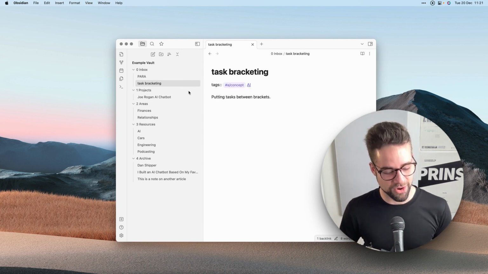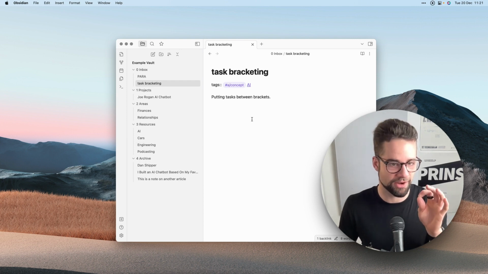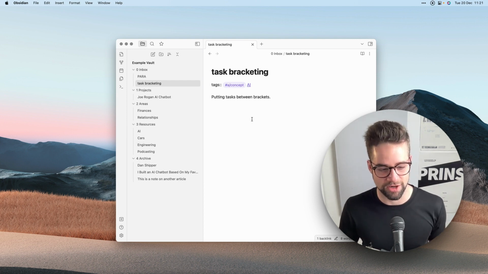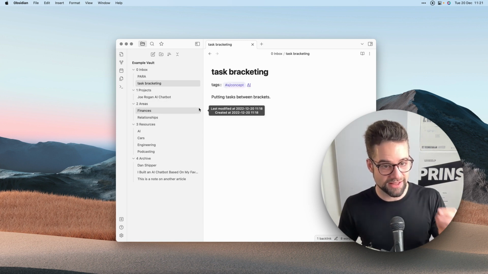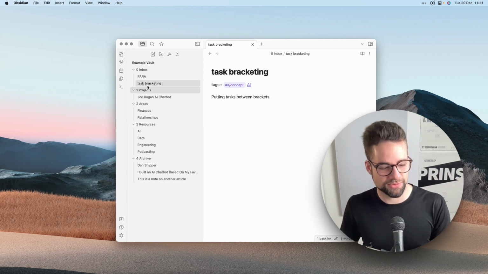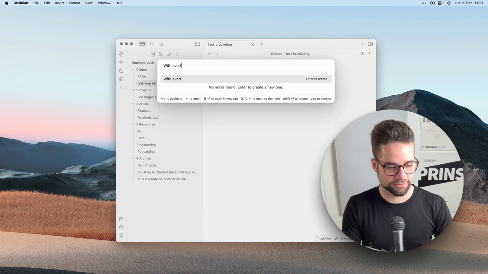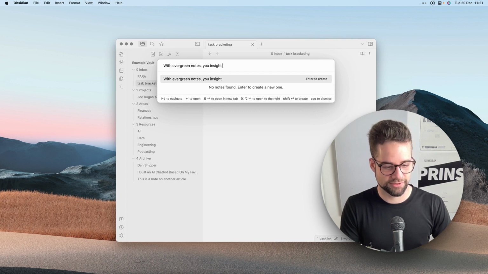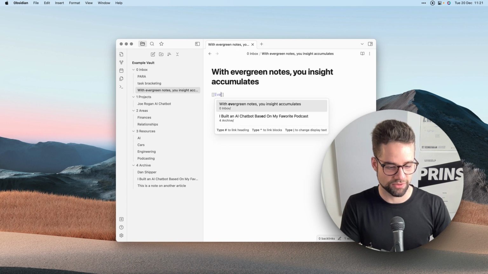And so as you go through your notes, this is my goal. I want to figure out what the concepts are, because that way, when I look at the titles of my notes, it's this condensed information. It's really the key points of it. So we have concepts. We also have statements. For example, with evergreen notes, your insight accumulates. Right? And this will of course be linked to evergreen